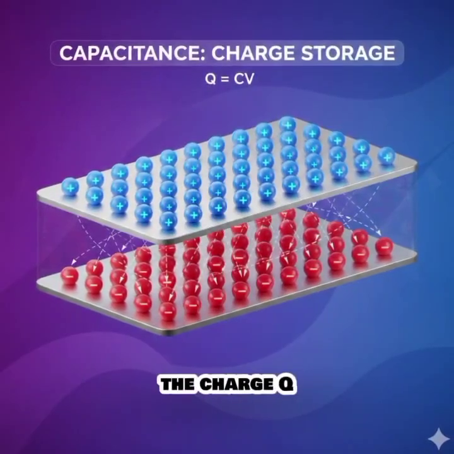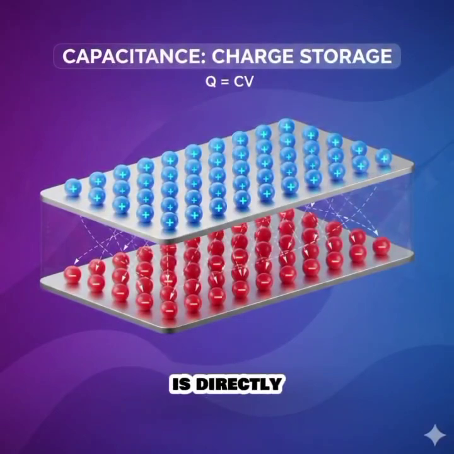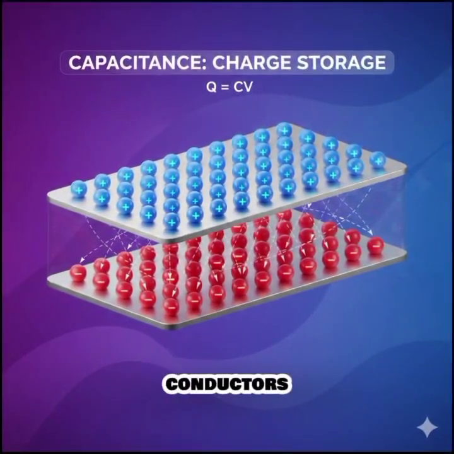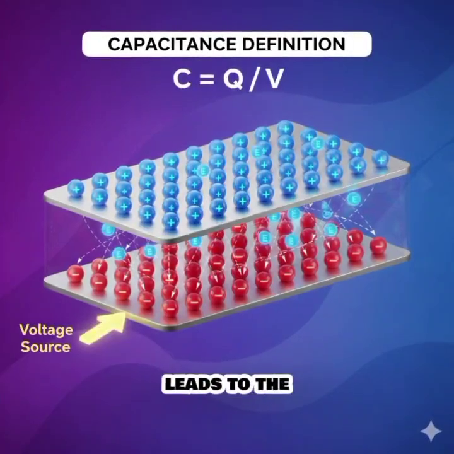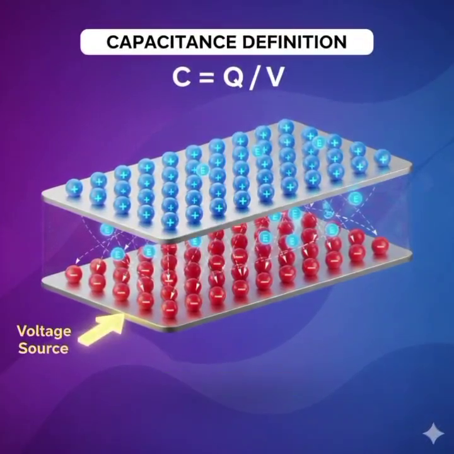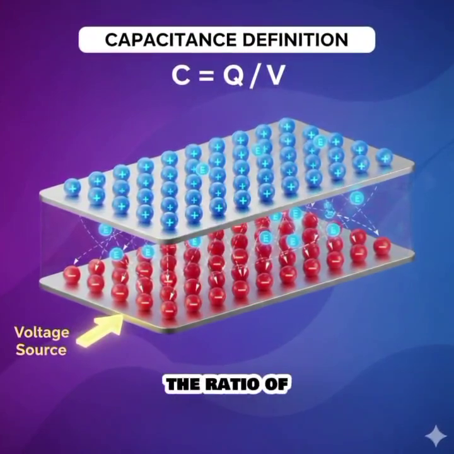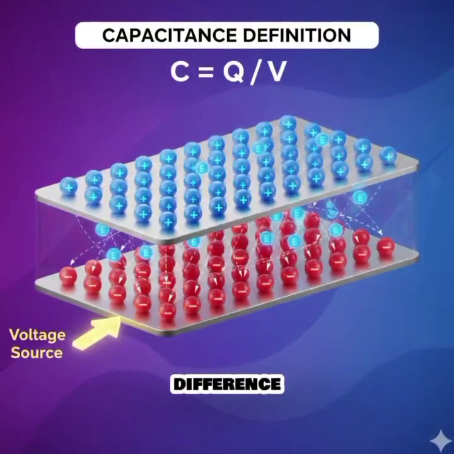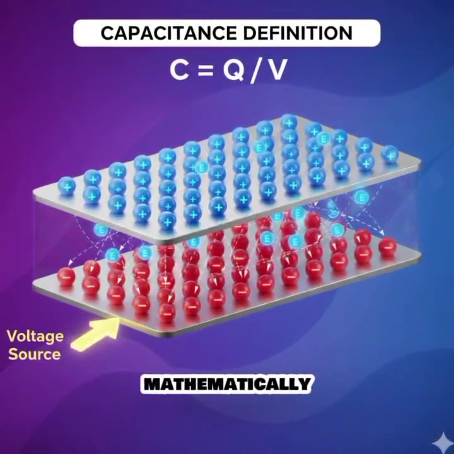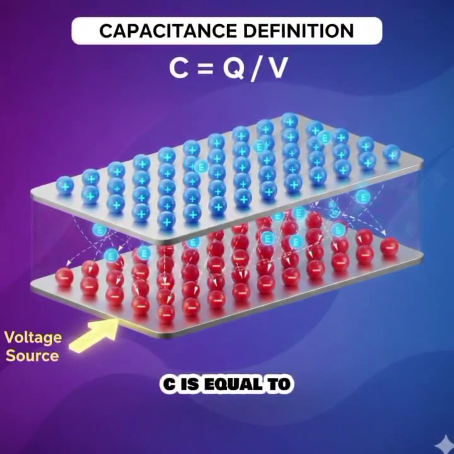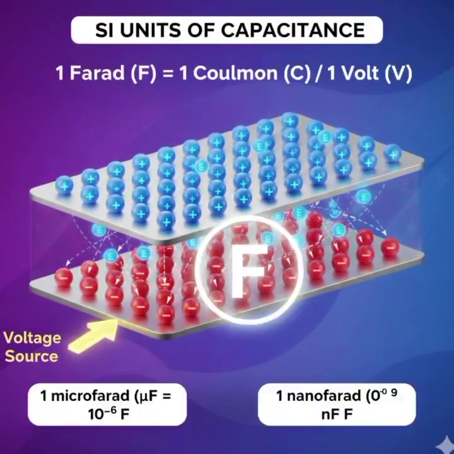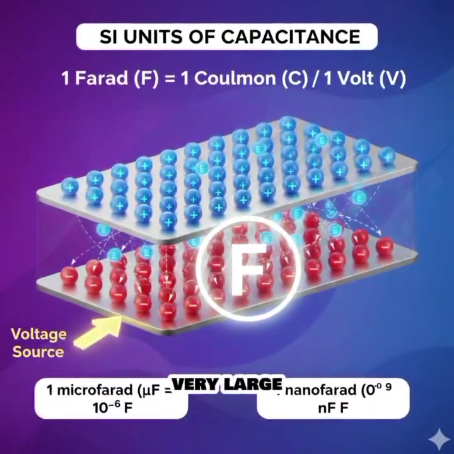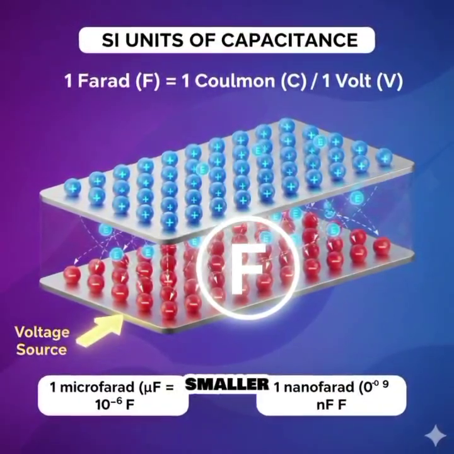Experiments show that the charge Q stored on a conductor is directly proportional to the potential difference V between the conductors. This relationship leads to the definition of capacitance. Capacitance is defined as the ratio of the charge stored on either plate to the potential difference across the plates. Mathematically, capacitance C is equal to Q divided by V. The SI unit of capacitance is the farad, which is a very large unit, so in practice smaller units are